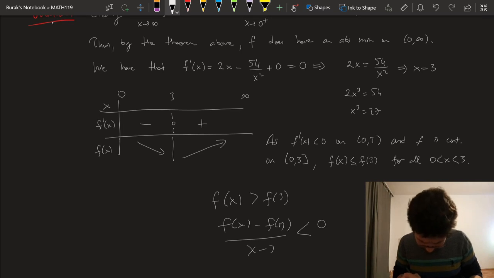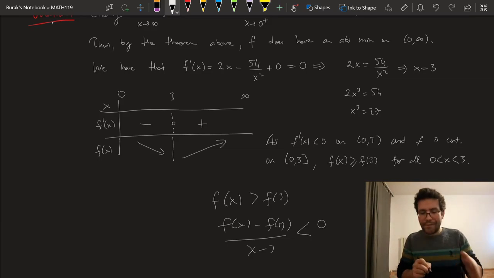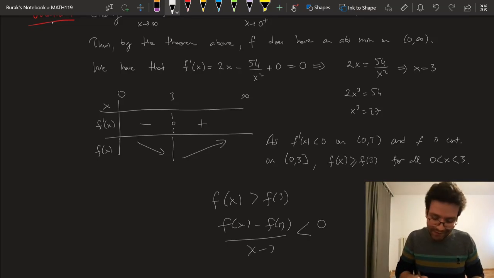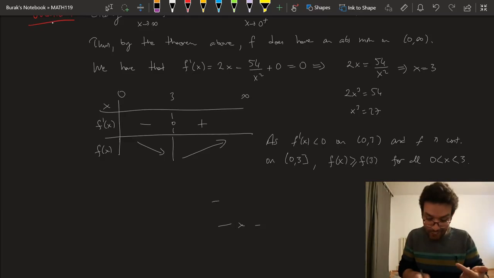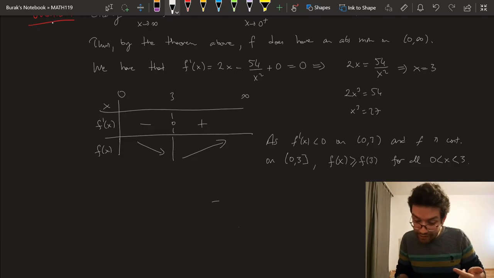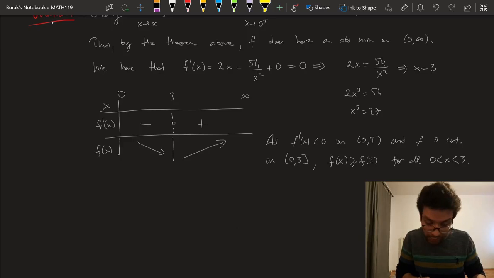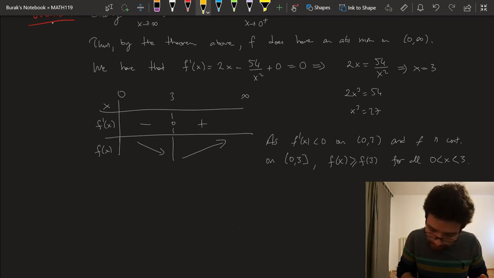Now, wait, what? What am I doing? f of x... oh, this is already false. f of x is bigger than or equal to f of 3. I am sorry. I'm trying to prove this, not the other one. Because if x is on the left of 3, it's supposed to take bigger values. But let me actually prove this very quickly